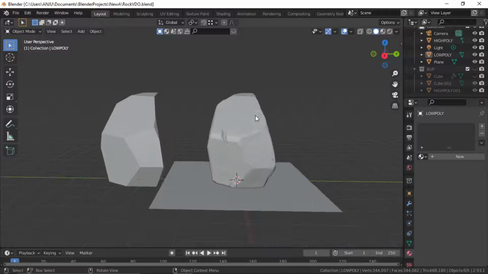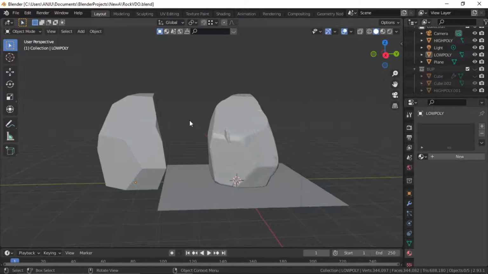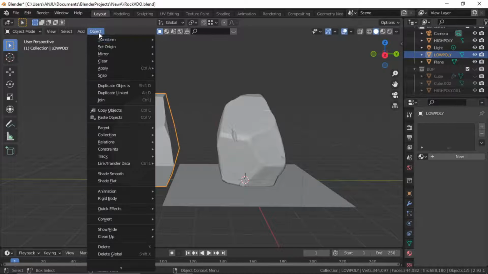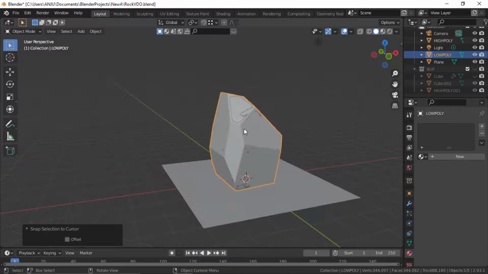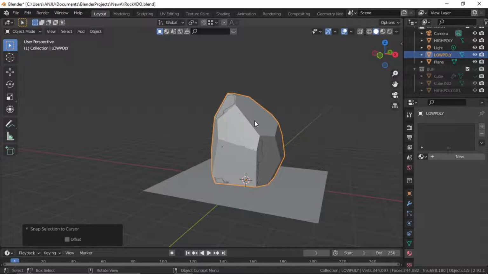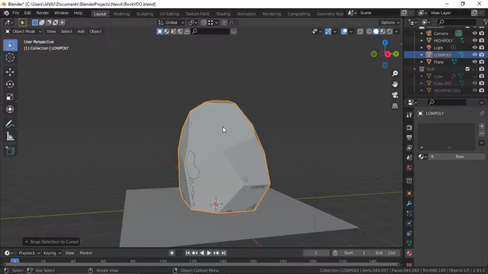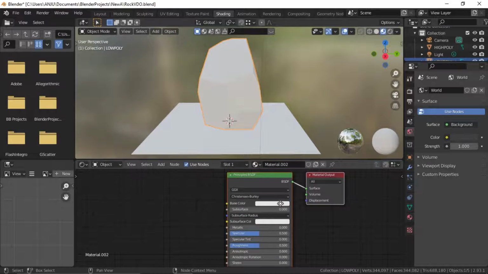Alright, so now we have our low poly and high poly ready. So now just select this one and go to object and snap selection to cursor. So now the low poly sits on top of the high poly. Now we'll just create the material for it. So select the low poly one, click new, go to shading, and in here